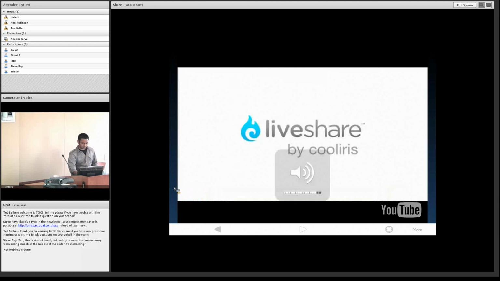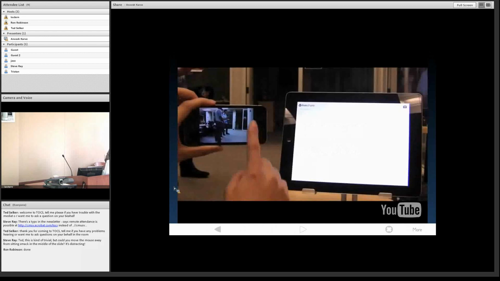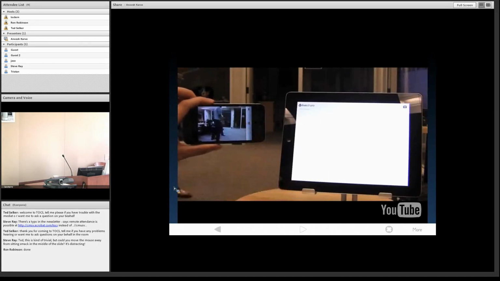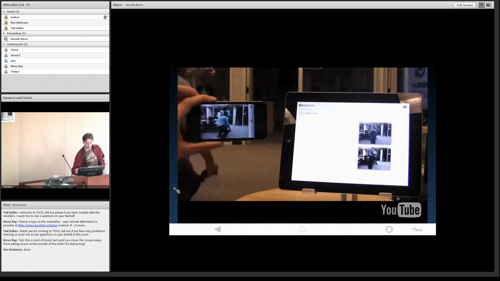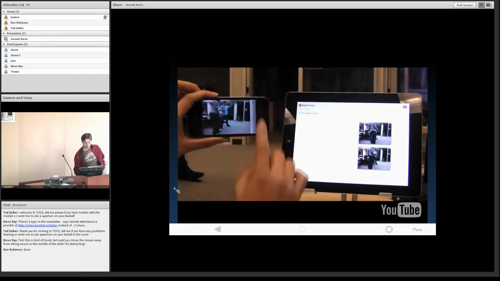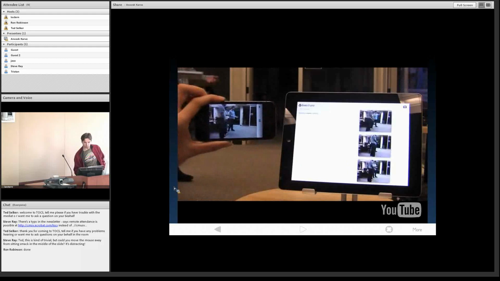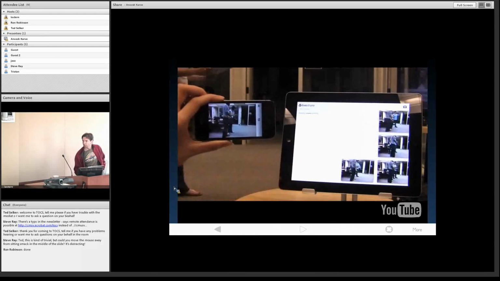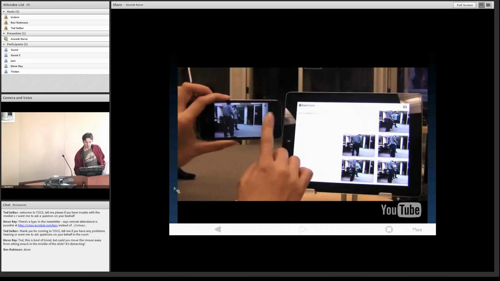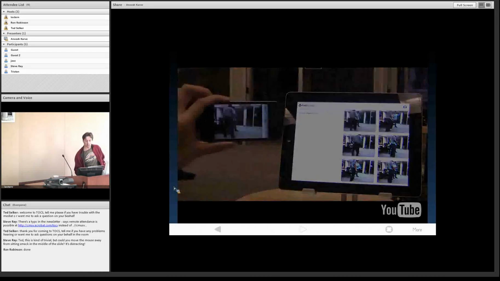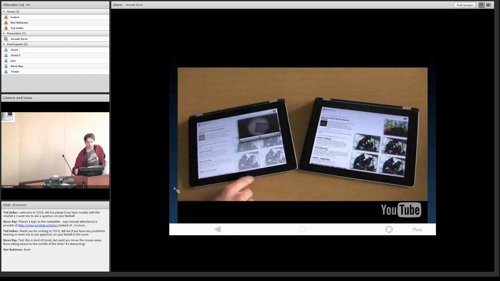This is a demo of our next generation service that shows how instant media sharing can be and the power it delivers. Here you see photos taken with LiveShare on the mobile phone instantly show up in LiveShare on the iPad. Photos, videos, text, and articles from multiple devices can be